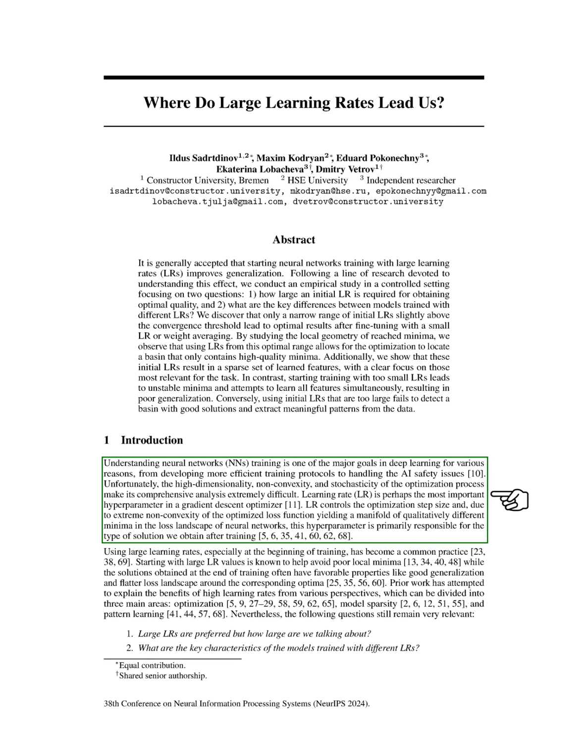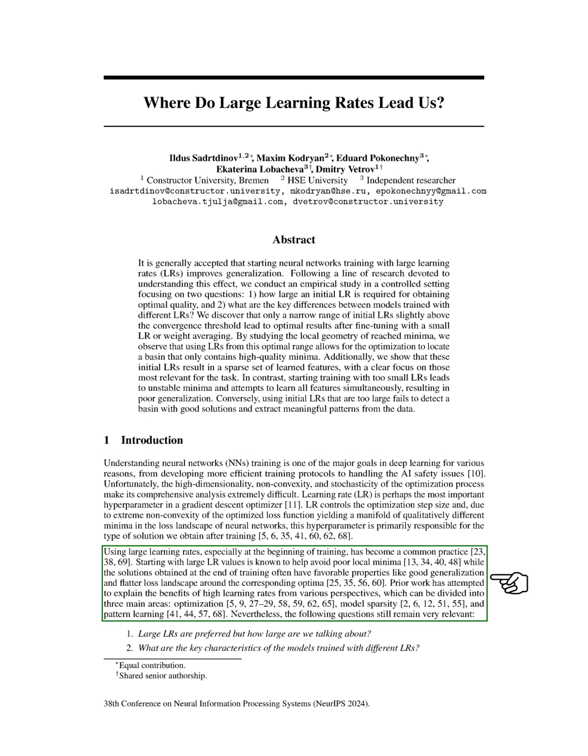It determines the size of the steps we take during optimization. Due to the complex nature of the loss function in neural networks, the LR significantly influences the solutions we achieve after training. Starting with large LRs, especially at the beginning, has become a common strategy. This approach helps us avoid poor local minima, and the solutions we find often exhibit good generalization and a flatter